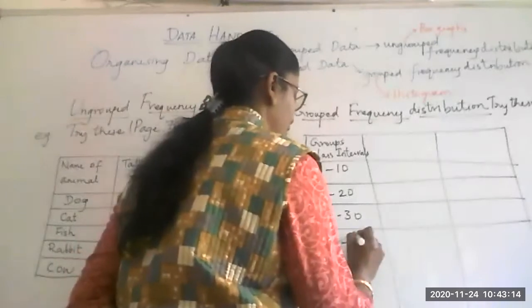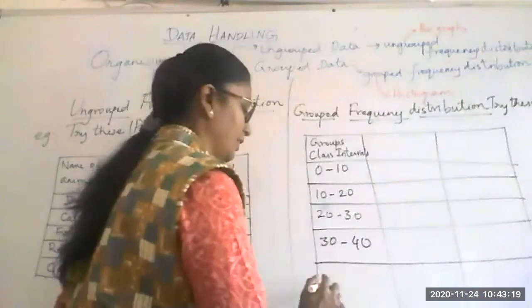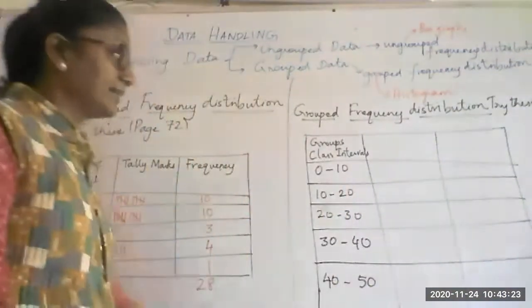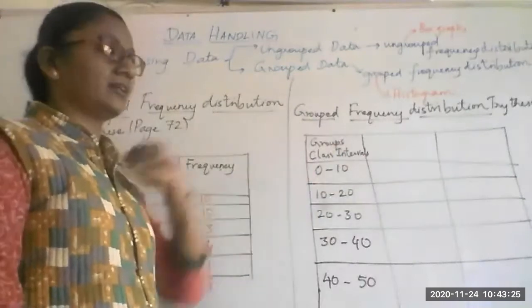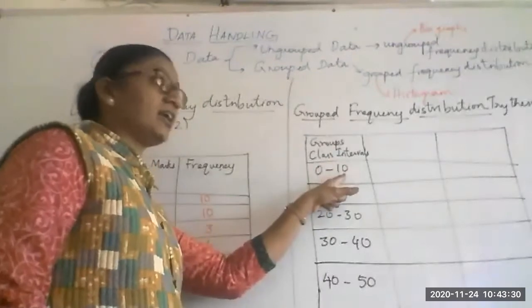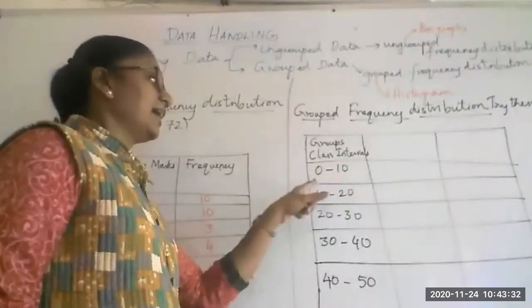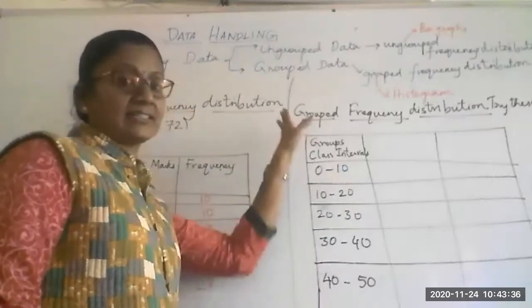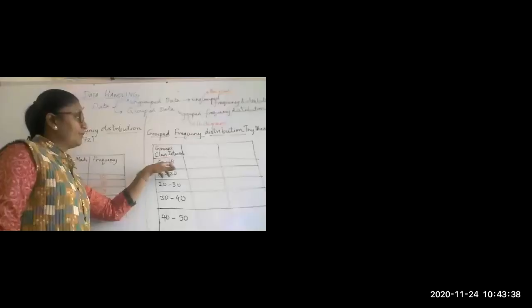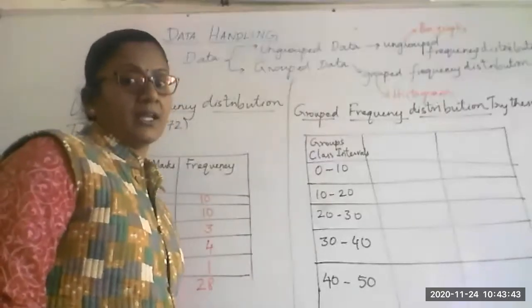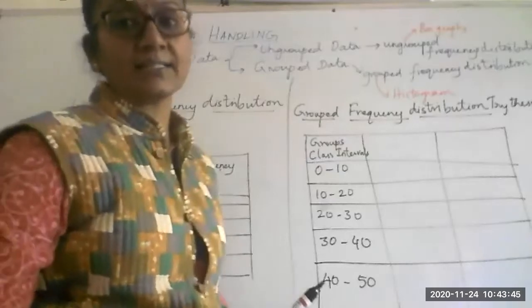This is 30 to 40, which includes all the scores between 30 and 40, then 40 to 50, 50 also included there. When I say 0 to 10, both 0 and 10 are included here. When I say 10 to 20, if I have already included 10 in the previous group, I will take between 11 and 20 only here. So this is called a continuous class interval, where you always take the lower upper limit to be included in the previous class. Now, after I have created this class interval,